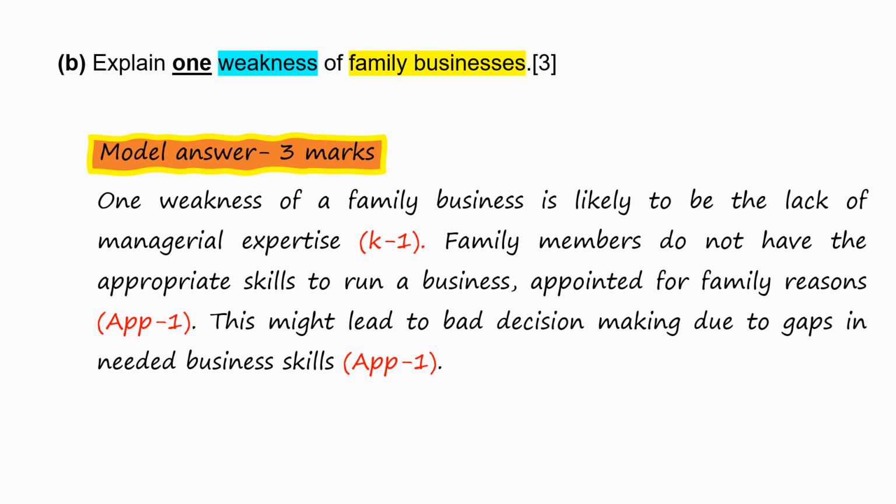Remember, in the application, how was it? It is business skills. The cause is that family members lack business skills. The effect is that it is capable of leading to bad decision making. All these points relate to business. Voilà. We have completed part B, 3 marks questions. Next, we will move on to question 4